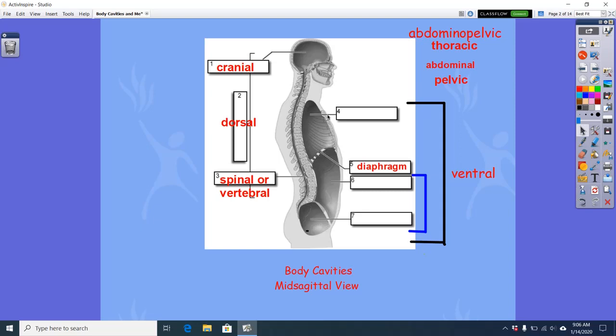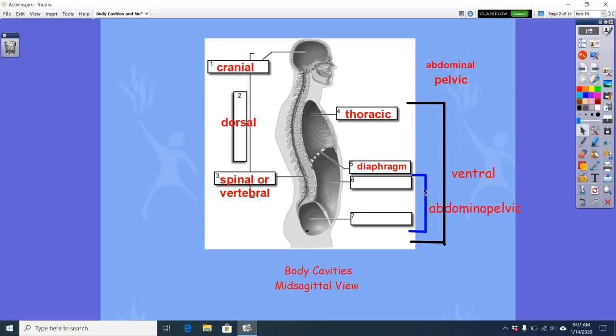The name for the entire top cavity, or the superior cavity of your ventral body cavity, is the thoracic cavity. And thoracic just means chest. So anything housed within your chest is going to be within your thoracic cavity. And then on the inferior cavity, we have two parts. Together, they are called the